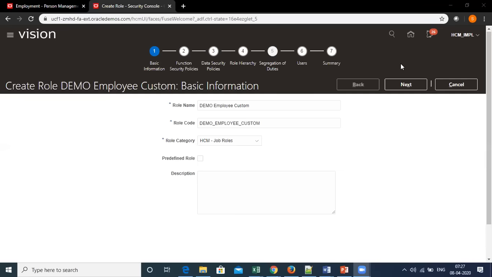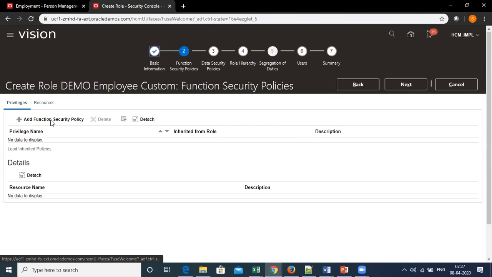Okay, let's come back to HCM abstract role and click on next. So here I can select add function security policy.